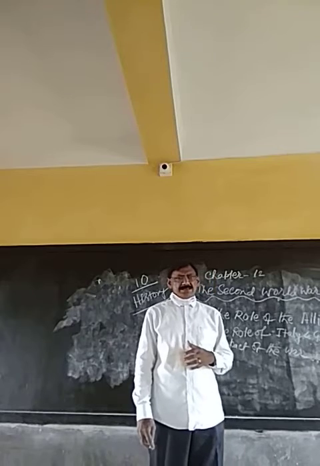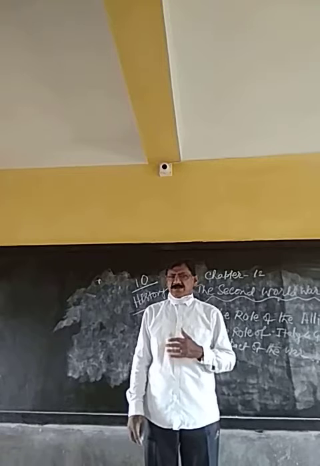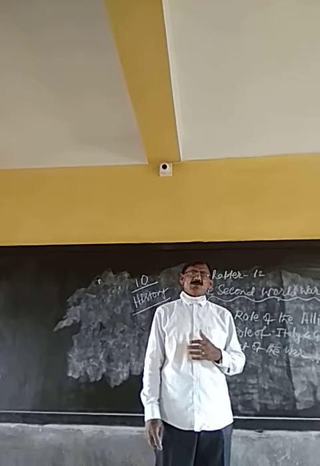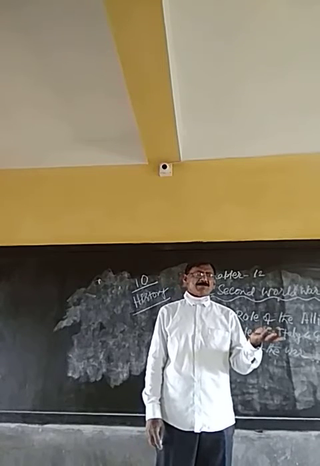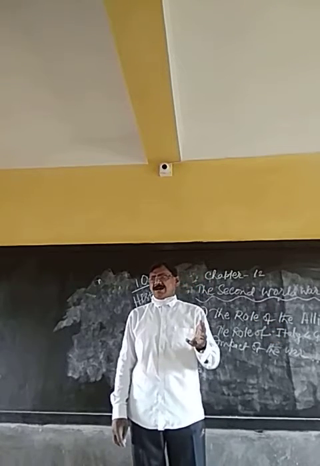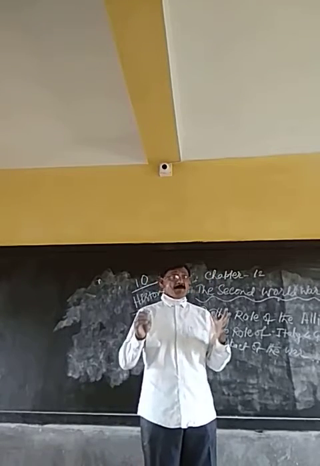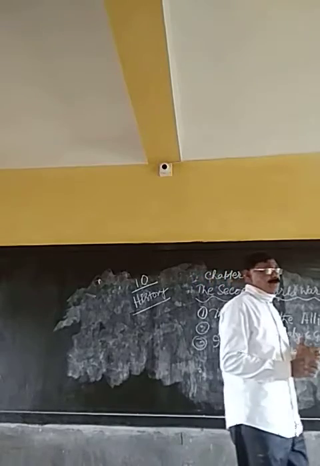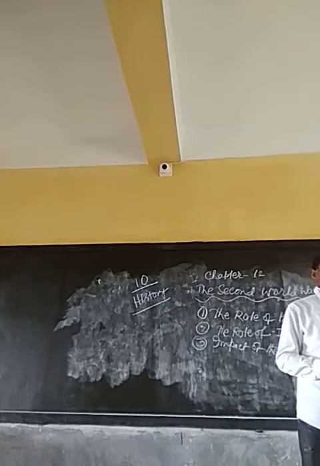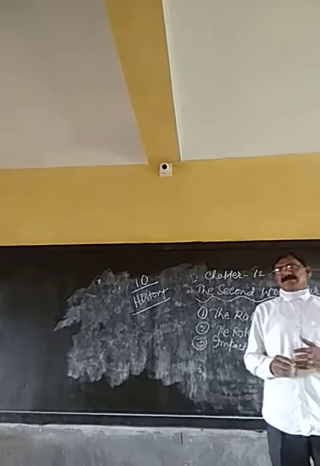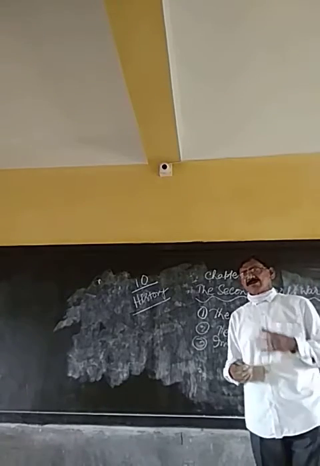China appealed to the League to take action against Japan, but the League could not take any action. And England and France remained silent because they followed a policy of appeasement. America also became neutral. As a result, Japan targeted the properties of America and England which were there in China. Japan occupied them. But still they remained silent because they realized that